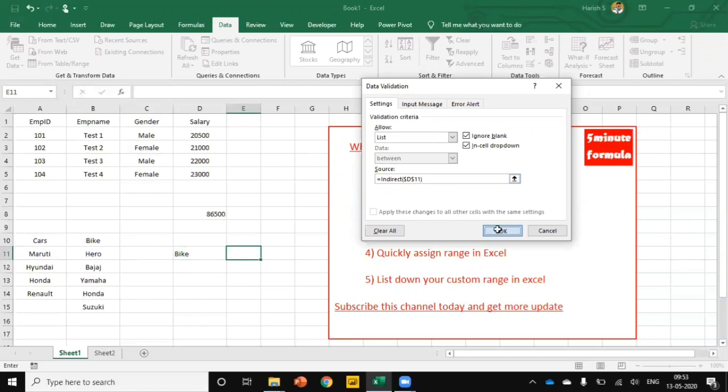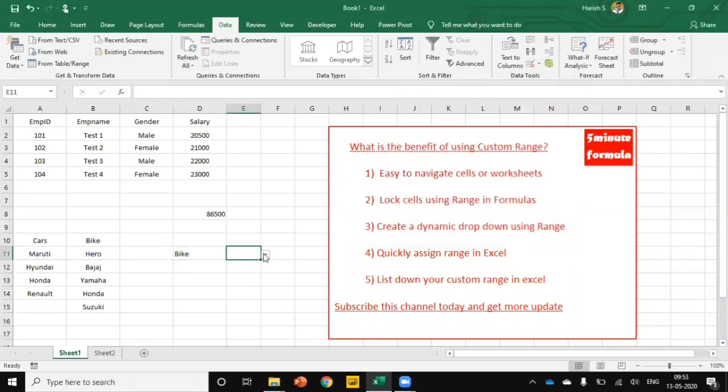Now if you click OK, automatically you will get a list of all the bikes. Now if I change my drop down to cars and select this drop down, then I'll have a list of cars. So this way we can create a dynamic drop down using named range.